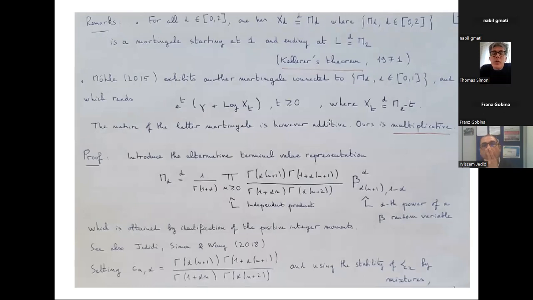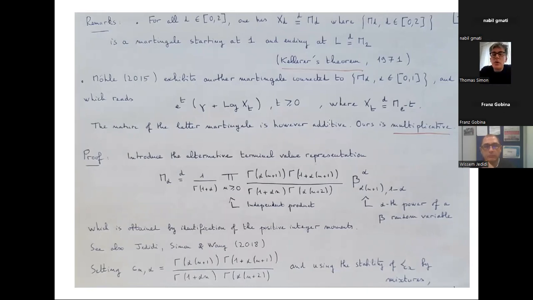So there is a Bessel process lying behind the Mittag-Leffler random variable. The Bessel process is a Markov process. When you have a peacock, it is well known by users of this notion that lying behind there is a martingale. It is given by a classical theorem by Kellerer. I wanted to mention that there is another martingale, associated to another Markov process, which is also associated to the Mittag-Leffler random variable.